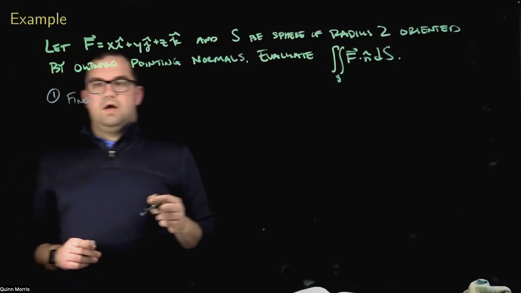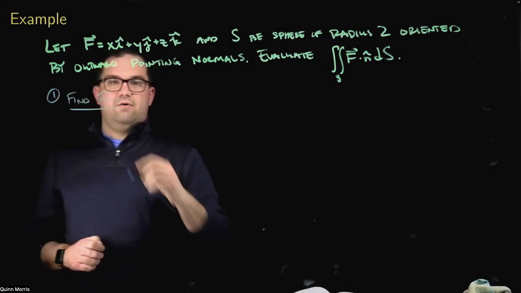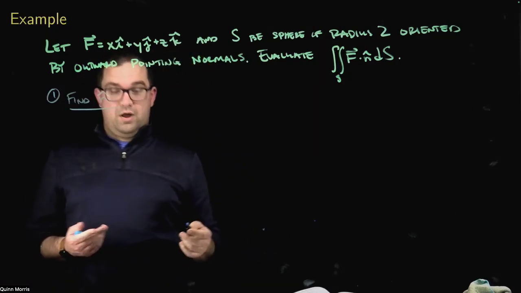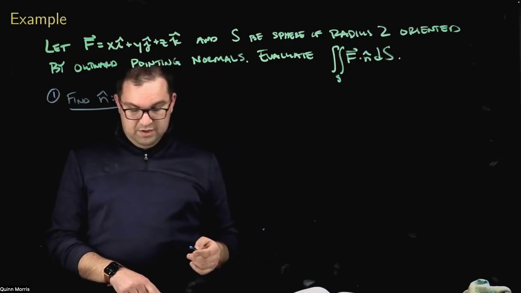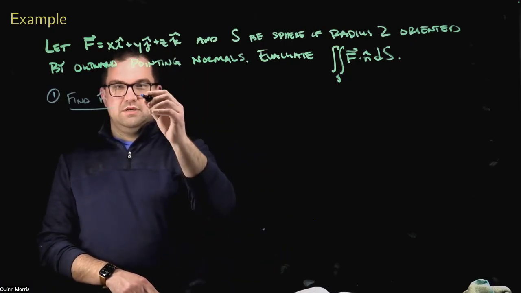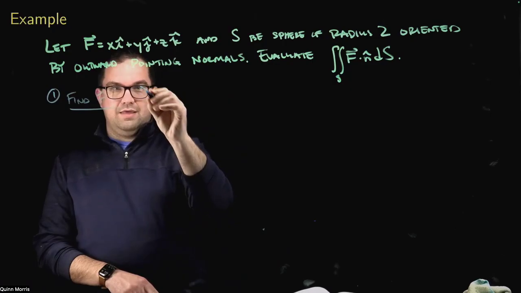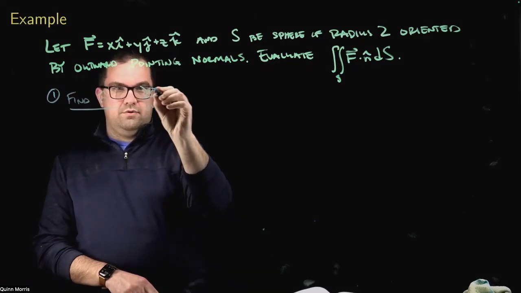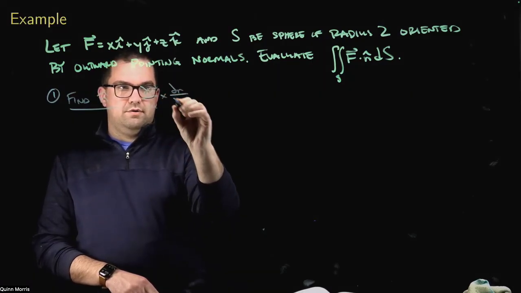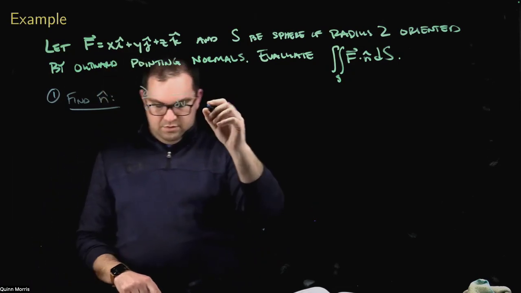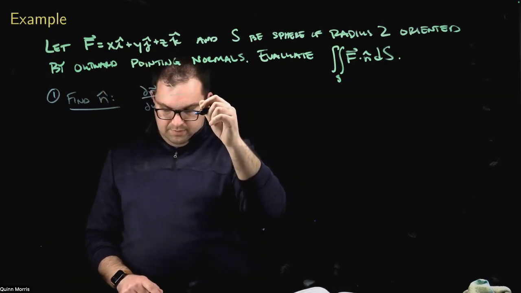Now, notice that we've already found in the previous video that fundamental vector product, which gave us a vector which was normal to the surface. So we had that dr/du cross dr/dv